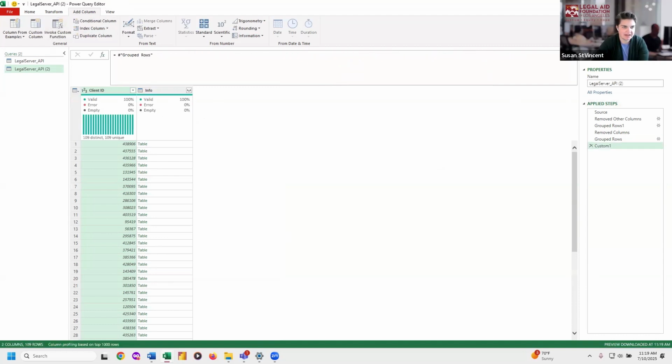I'm going to come in here and say, let's add another step. This is referring to the step before. So it's telling Power Query what order to do things in. And so that needs to stay here kind of as is. Otherwise, it's going to tell you that it doesn't know what it's doing. And it's going to be mad at you. So I'm going to come in here and say, and then leave it where it is. We want that. And then we're going to say,